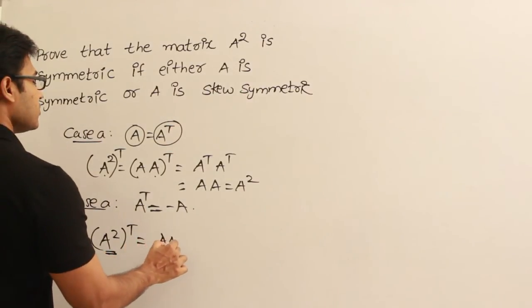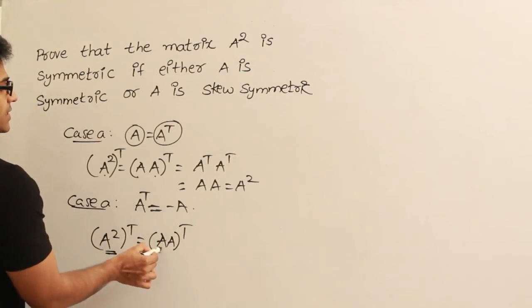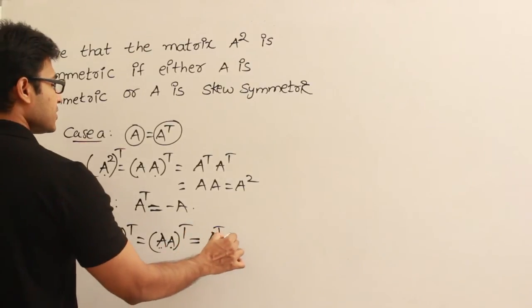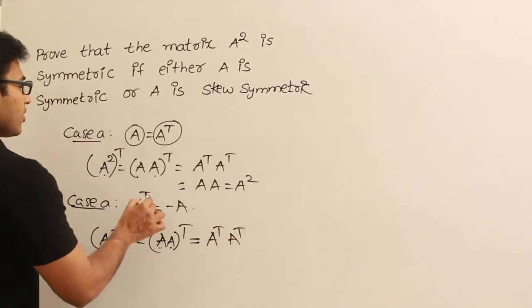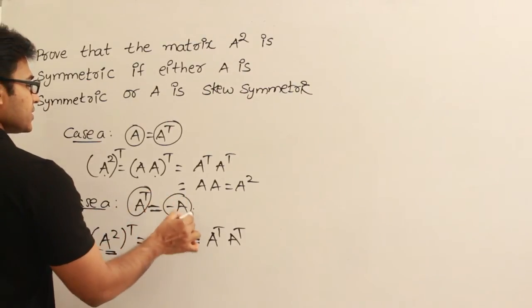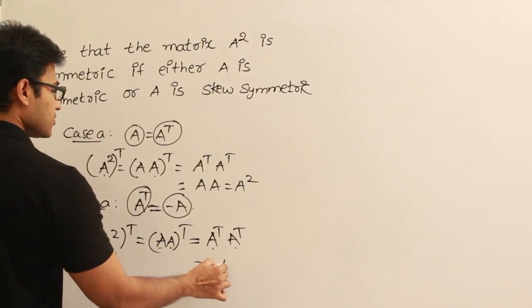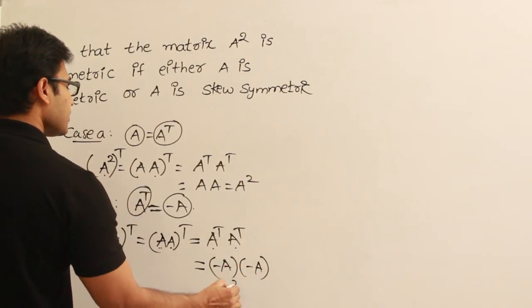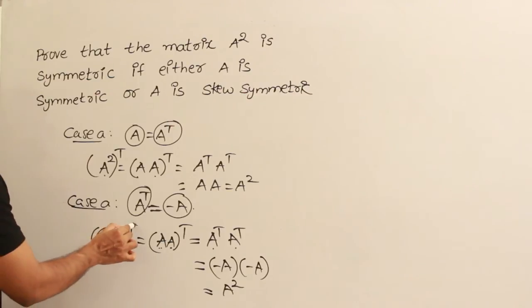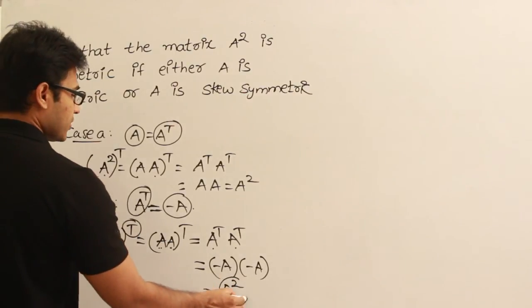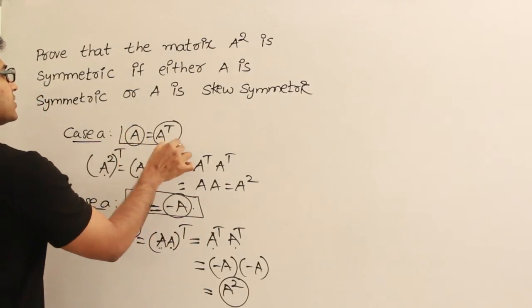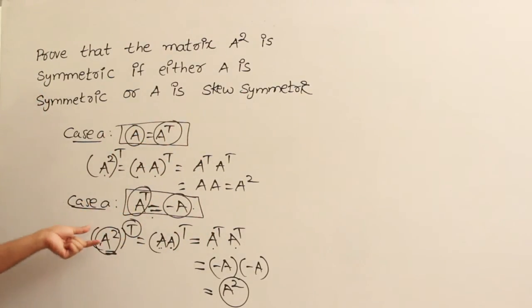Now it can be written as A into A transpose. You can imagine it as A into B transpose, which is nothing but B transpose into A transpose. So if I write like this, this is what I get. And now we know that A transpose equal to minus A. Therefore, in place of A transpose, I'm supposed to put minus A, minus A. Then what do we get? A square. So we have taken the matrix and applied the transpose and we got the same matrix, right? Therefore, we get it if A is skew symmetric. So either if A is symmetric or if A is skew symmetric, A square is going to be a symmetric matrix. Okay.